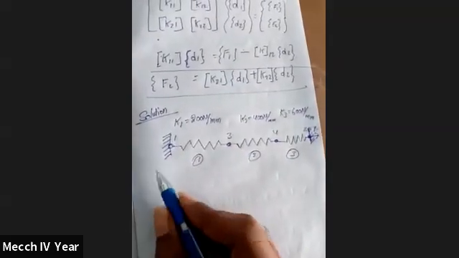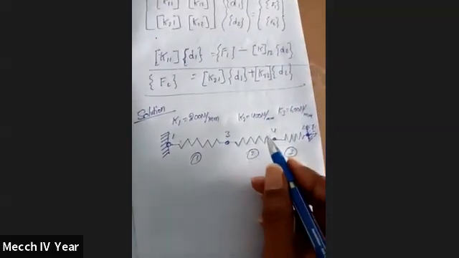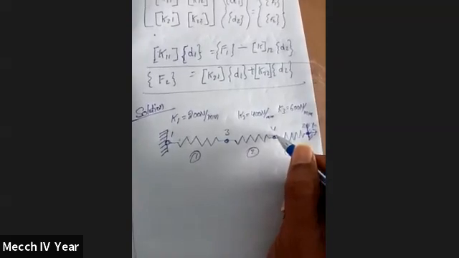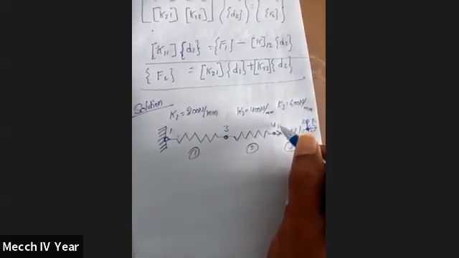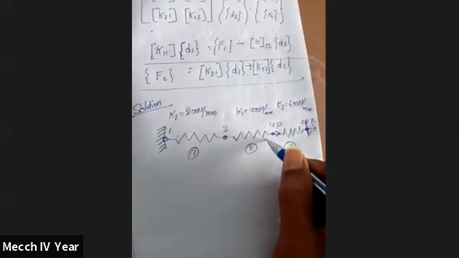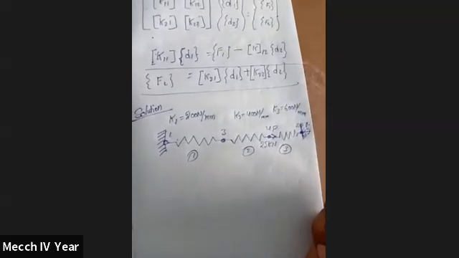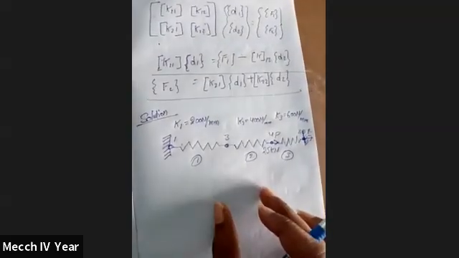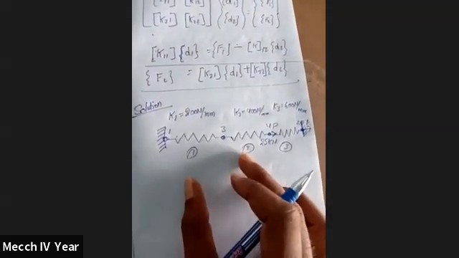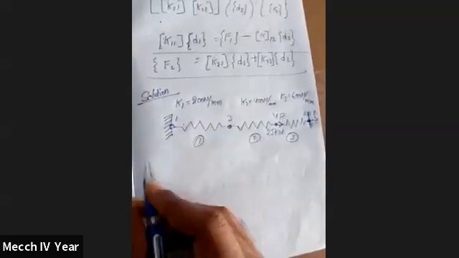Now we are going to see how to solve this one. Here a force is acting. This one I take as P, which is also given as 25 kilonewtons. So this is the spring assemblage. This figure is called a spring assemblage. Now we are going to see the solution part.